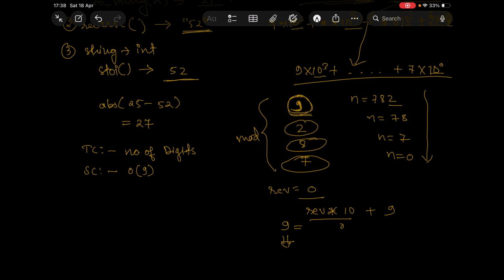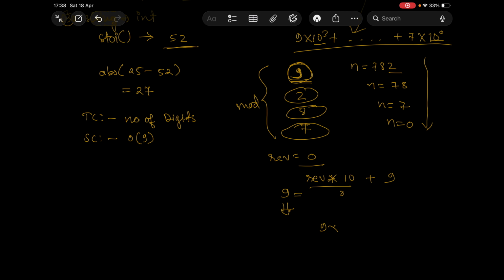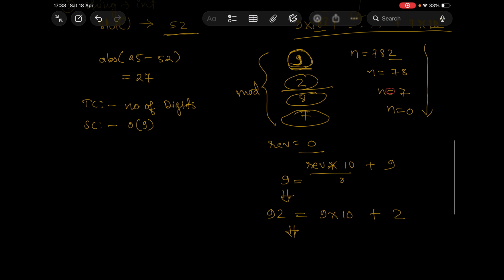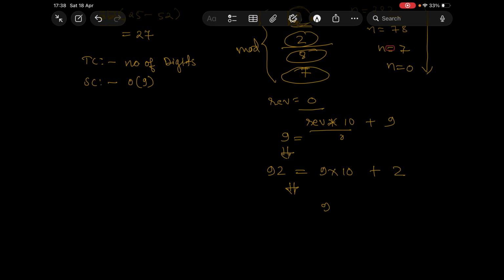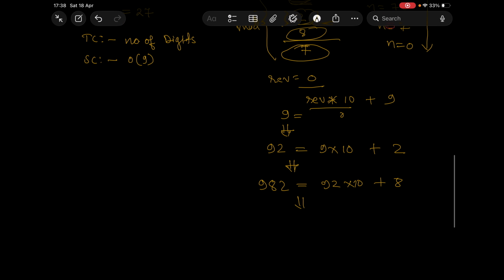So what would be the next operation? 9 into, again we would do 10 plus what is the next mod value? 2. So it would give me 92, right? Now again when we do the next operation, it would be 92 into 10 plus next mod value 8. So 8, it would give me 982, right? Now again if I do it, 982 into 10 plus what is the next mod value? 7. So it would give me